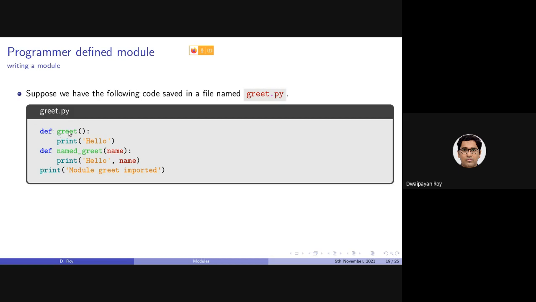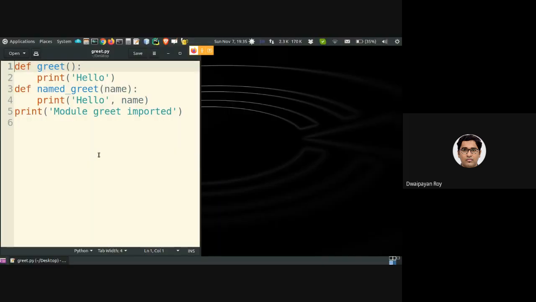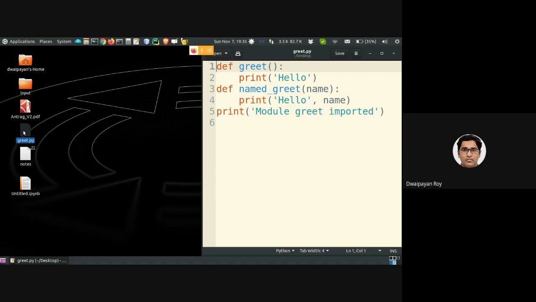There are 2 functions, and there is a simple print statement outside these. This is the file which is stored on my desktop, and the content of this file is this.